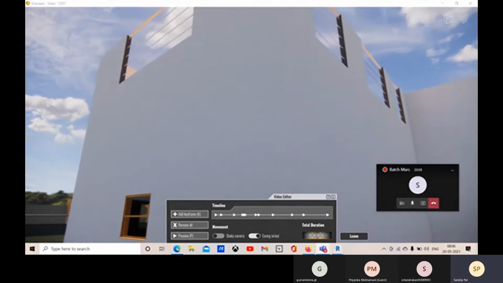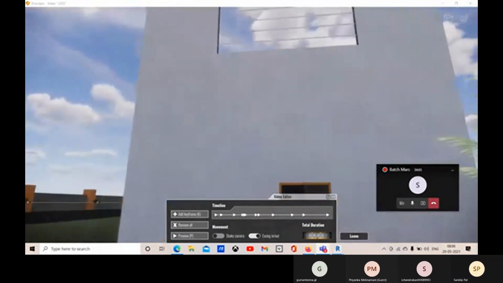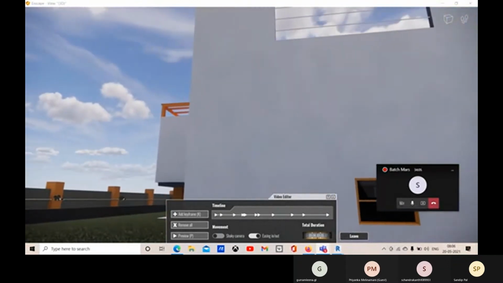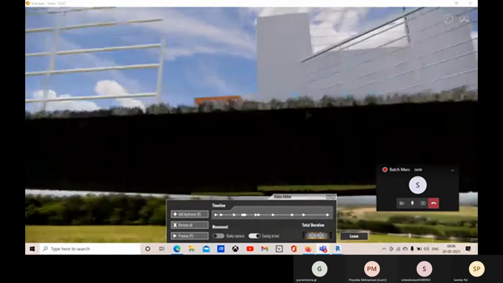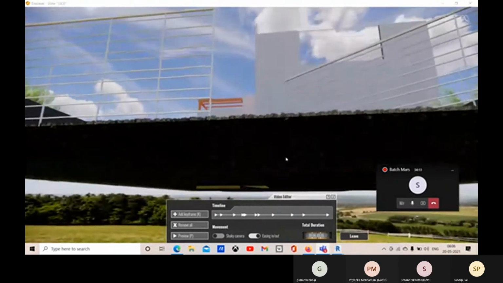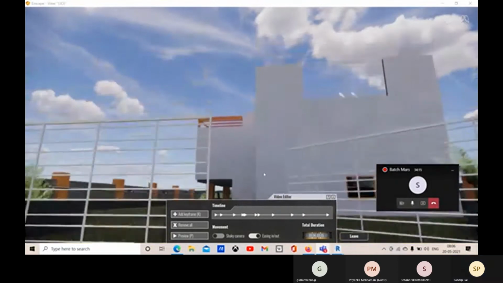Let's add another keyframe over there. Now I will press the E button to move upward.